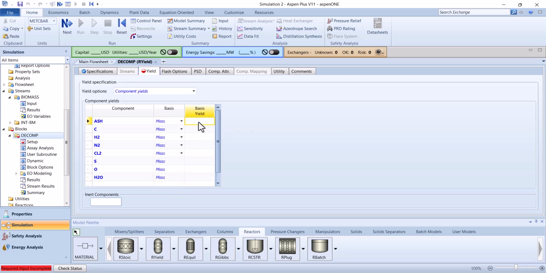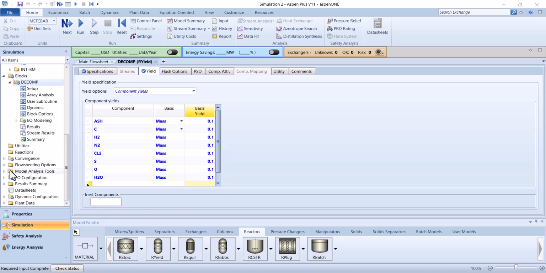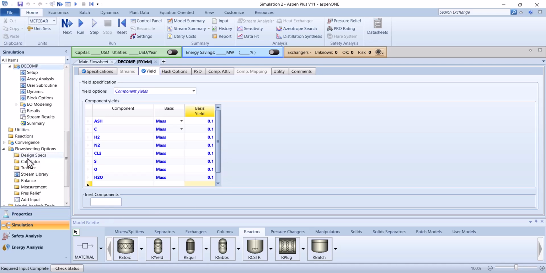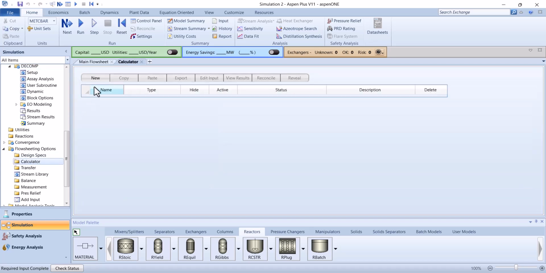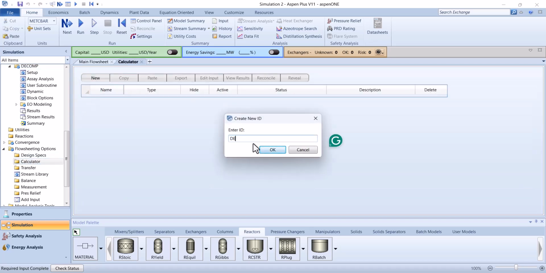You can put the actual values based on your stream, but we are changing it through a calculator block. So we are adding some random values, let's say 0.1 for all of them, which we will change through the calculator block. You can run it now also, but it will give you a warning and error that the reactor is not in mass balance. So to fix it, we will go to the calculator block, and we will